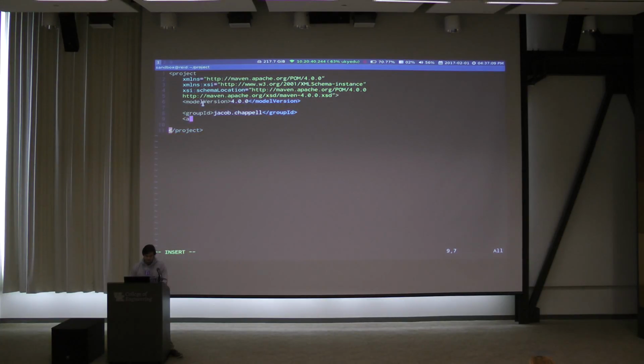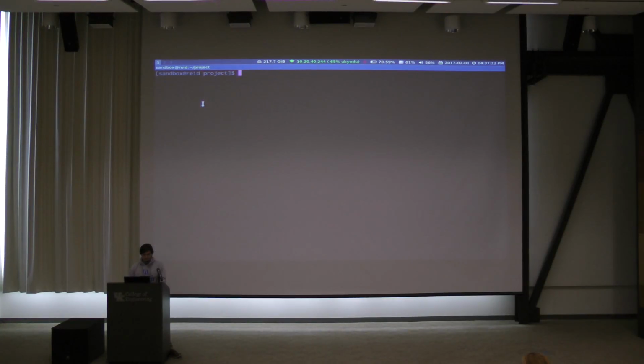Then artifact ID is saying, within this group, how do you want to identify this particular thing you're making? You can have many projects. I'm going to call my example project. Why not? And then we need a version. We'll just do 1.0. Okay, let's try it again.